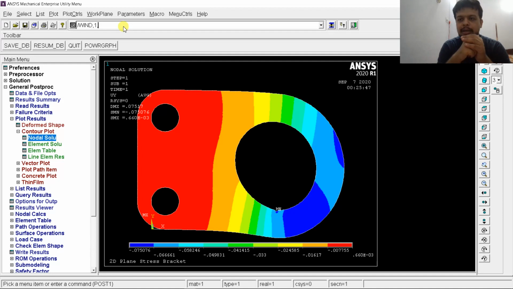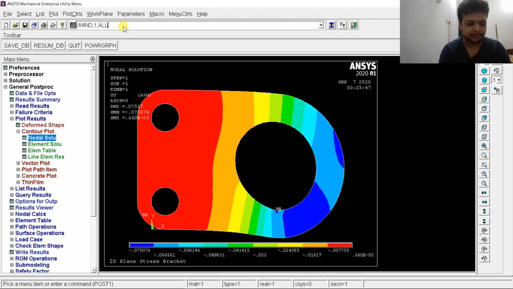Right now, instead of these four inputs, what we can do is select all. If I type ALL here, it means it is going to select all activated windows. Right now we have only one window, so only one window will be selected with this command. There are some more commands like L top, L bottom, R top, R bottom, meaning left top, left bottom, right top, right bottom. There are also single commands which will help you create a window in one quarter of the entire window. What I have to do is show you some code.